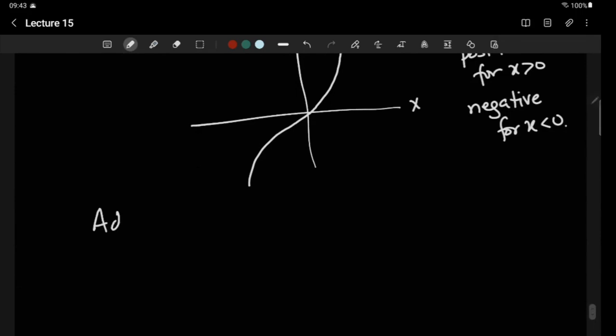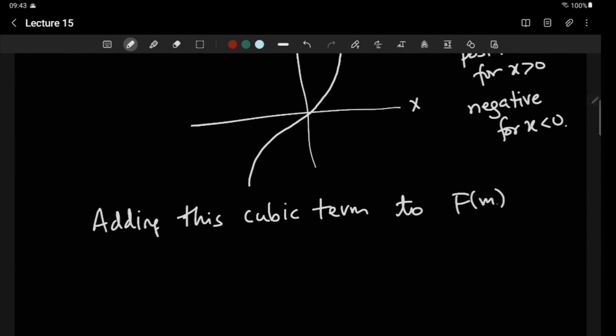Adding this cubic term, there might be terms which shift sideways, but I'm looking more in terms of what it will do to the magnitude. Adding this cubic term to f of m when b is 0,